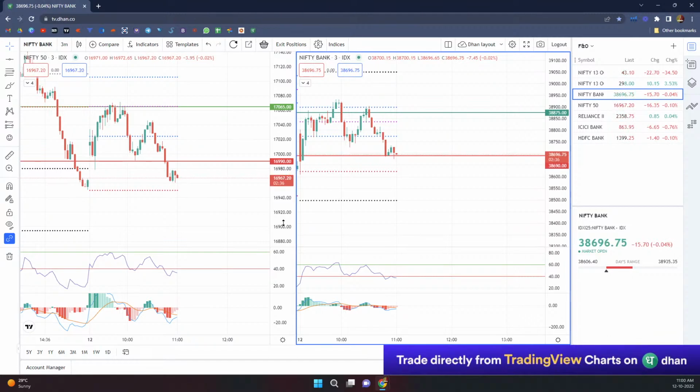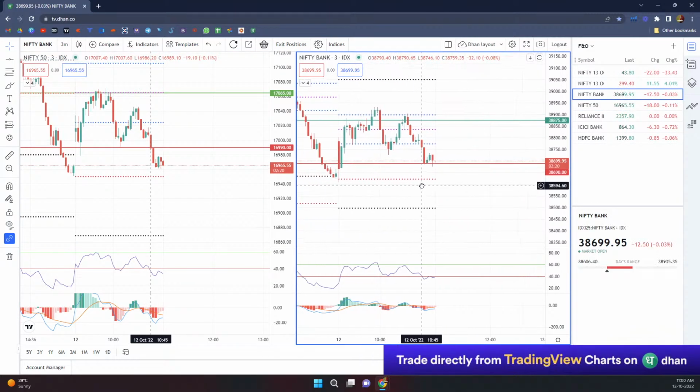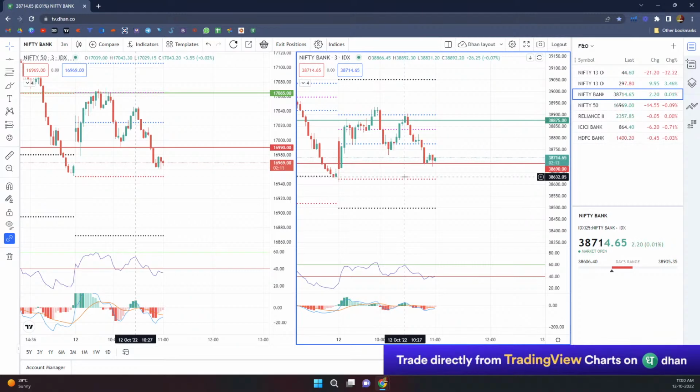Only thing is, time is 11. We have another 30 minutes left. In case they are able to pump in the volume to beat this, then pretty sure you are going to have an ugly day on the Bank Nifty. Okay, ugly day on the Bank Nifty. This is both on the Nifty and the Bank Nifty. For Nifty, we will avoid it because it doesn't have any volumes. So as of now, both the Nifty and the Bank Nifty are giving up all the gains.